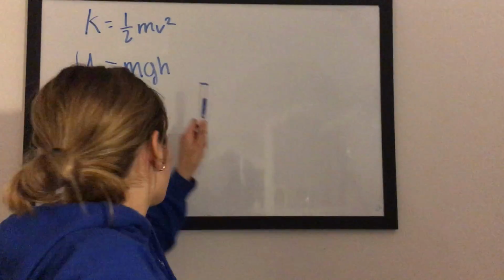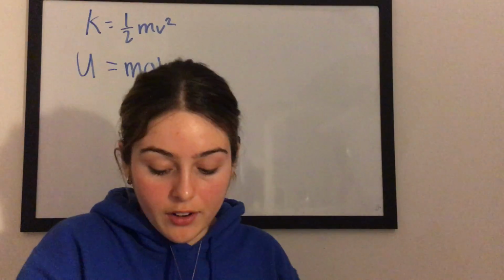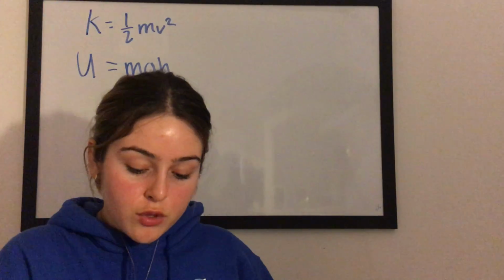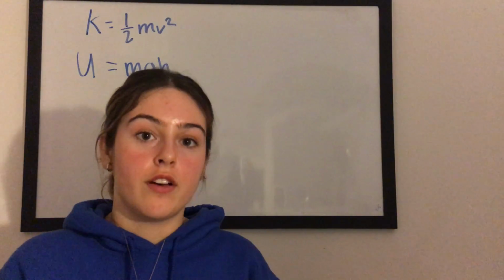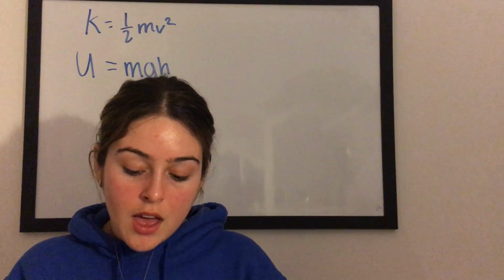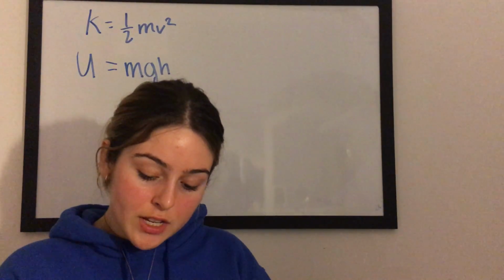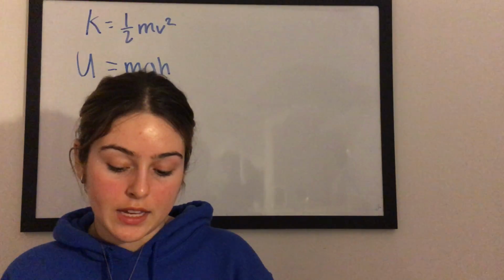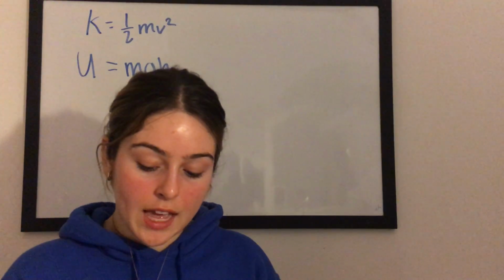So again, we can refer to this formula right here. We can say that energy is directly proportional to the square of the velocity of the body, which is essentially what the formula says. So if we increase the speed of an object from 10 meters per second to 20 meters per second, then the total kinetic energy stored